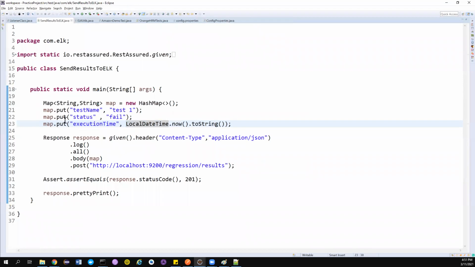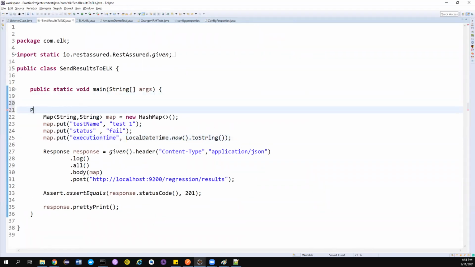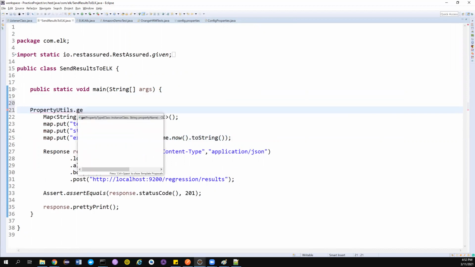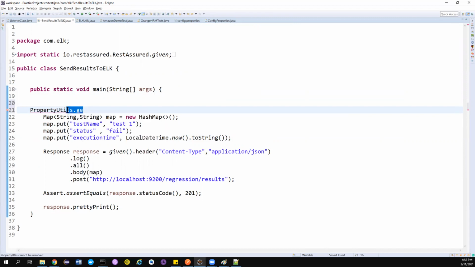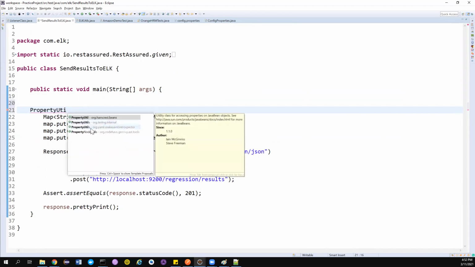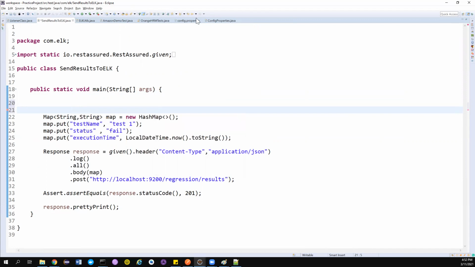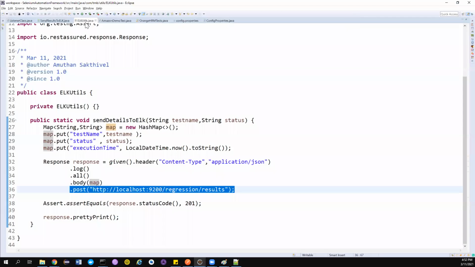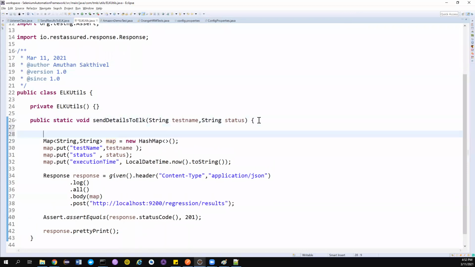Sorry guys, it has to be ELK utils, this is the framework code. So here I am going to ELK utils.